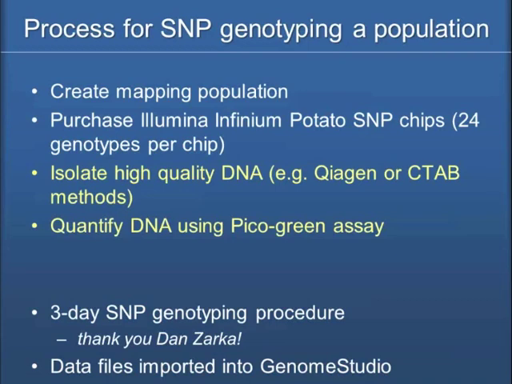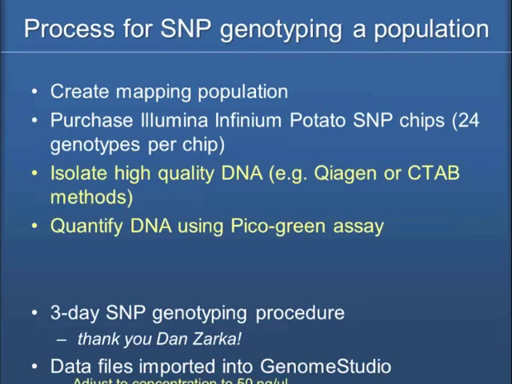The simple process of isolating high-quality DNA at a good enough concentration has been some of our holdups in the process. We've been recommending either a QIAGEN or CTAB method, but importantly, Illumina says that they quantify their DNA using a picogreen assay,